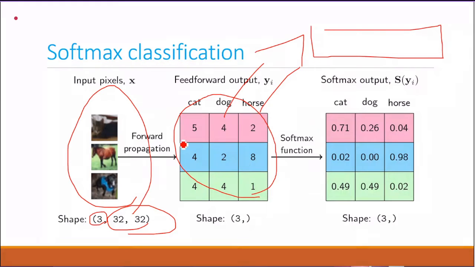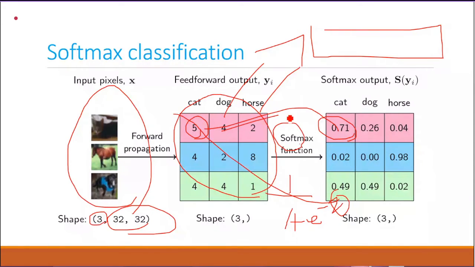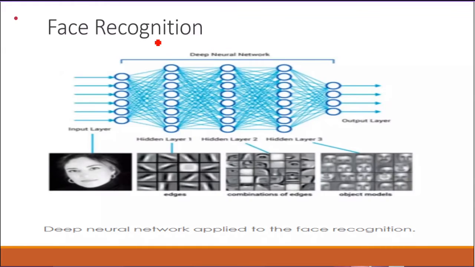If the value I give here is 5, then the softmax of 5, I'm getting as 0.71. Softmax is 1 by 1 plus e to the power of minus z, where z is 5. This is applied, and I get the probability. Similarly, we have to apply it to all values to get all the probabilities. So if you give a test image, it will be matched against cat, dog and horse, and according to that it will process your output.